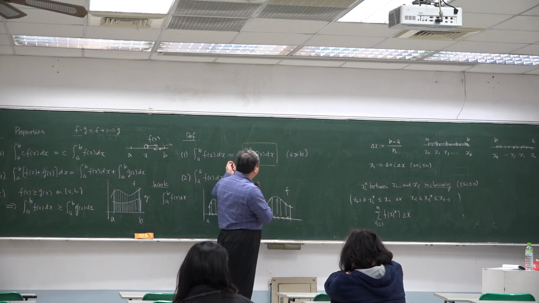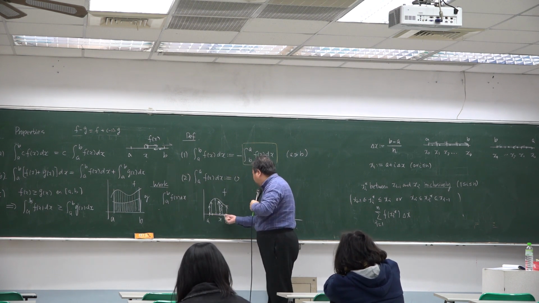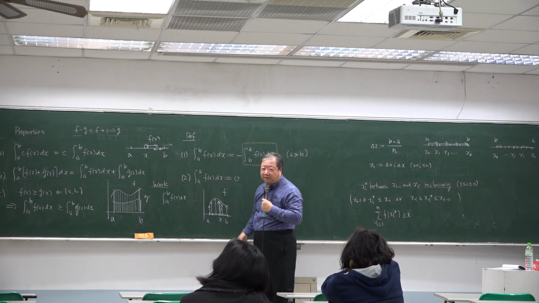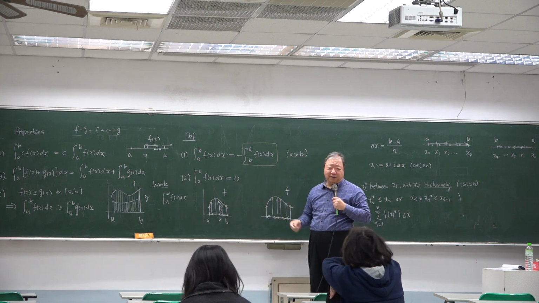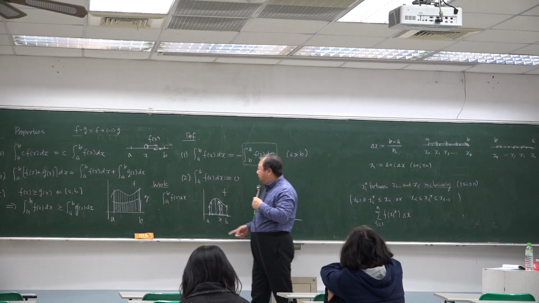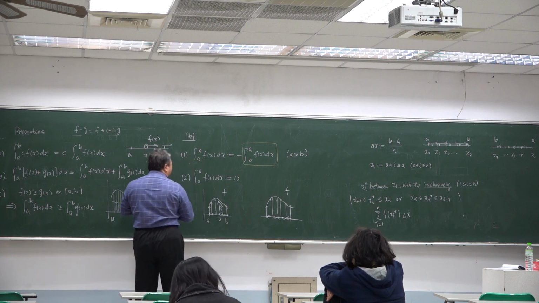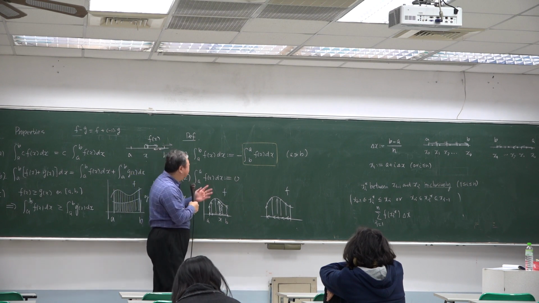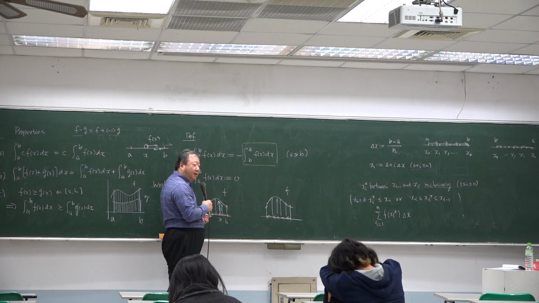So this definition is pretty good. From A to B, just like a particle from A to B, or from here to here. If you interchange the limits, then we obtain a minus sign in front of the definite integral. Okay? So this definition is very reasonable and natural. You can think of little f as the force and x as the position, so the force depends on position. Look at the work done by this force on the object, from A to